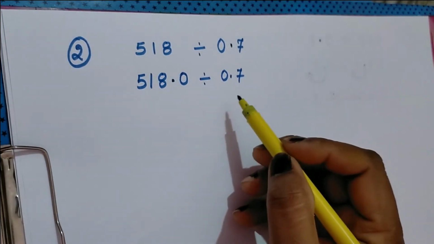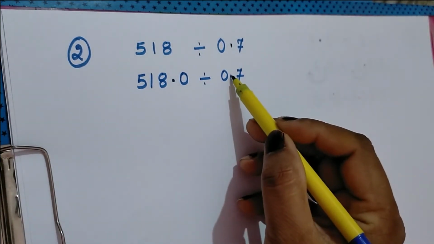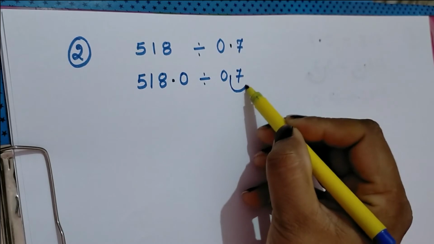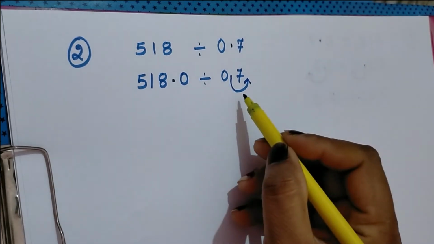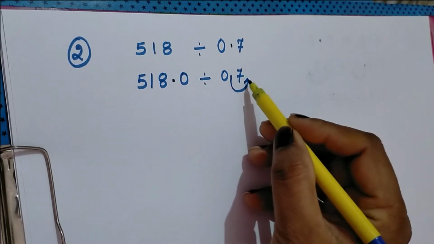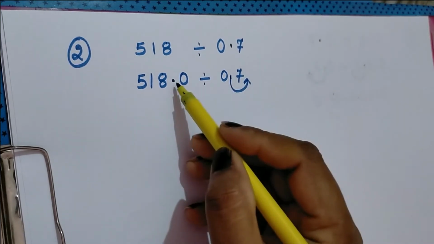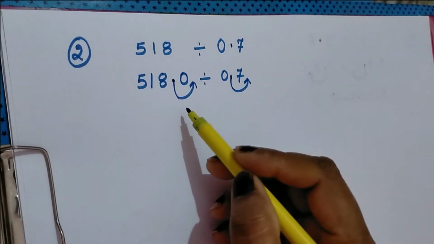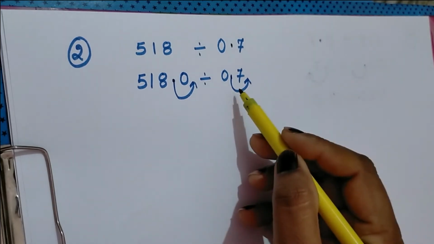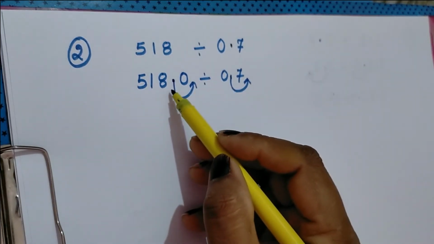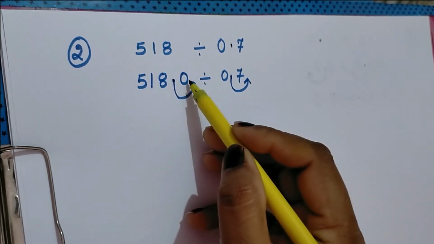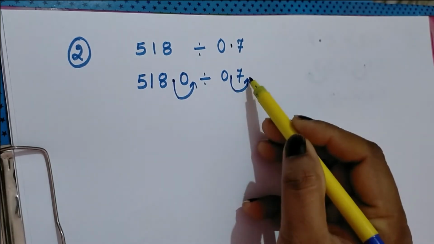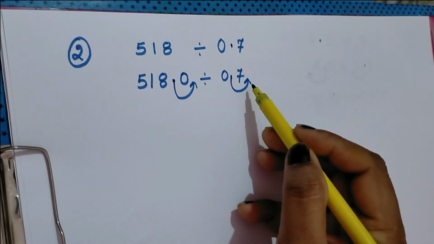Now the next step is we try to remove this decimal point from the divisor. So for that we need to move this decimal point one digit right. Keep in mind, when we move this decimal point one digit right, at the same time we need to move one digit right from the dividend also. Always move the same positions for both. It is not possible that we can move 3 digits from the dividend and 1 digit from the divisor. We always need to move the same number of digits to the right-hand side.